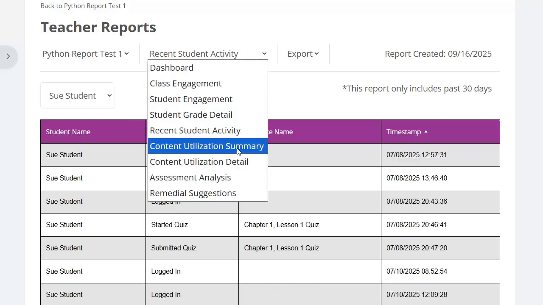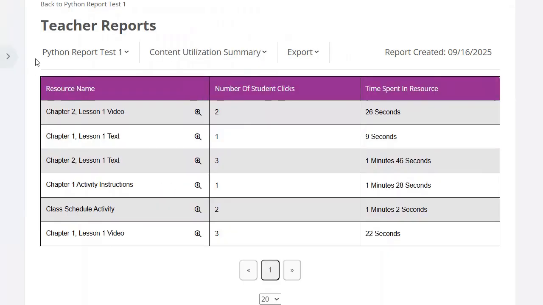Next, let's look at the content utilization summary. So what this report is going to do is look at each course element by itself and see how much time and effort overall your students have spent as a class with that particular resource. So you can see, for example, that we've had 3 student clicks on the Chapter 2 Lesson 1 text, and the students in aggregate spent a certain amount of time within that resource. And so this gives you a big picture view of how well your class is engaging with a specific resource